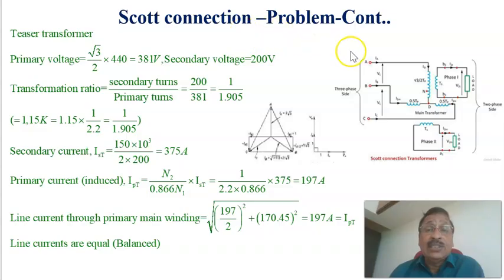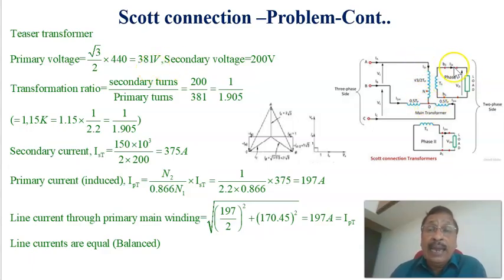Now continuing the same problems, and here, as we have seen, the main transformer. Now we will see the teaser transformer. Teaser transformer, again the current through the secondary is the same as we have already seen. Let us see the primary voltage: 440 volt is the line voltage. Therefore, the voltage across this R and C point is equal to 440 into root 3 by 2, or it is equal to 381 volt, which is the voltage at the primary of the teaser